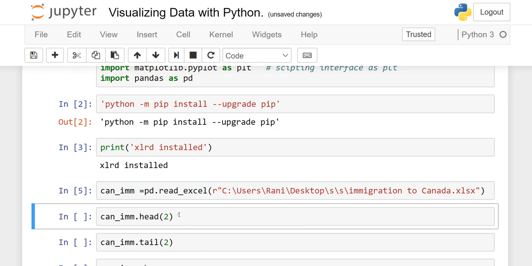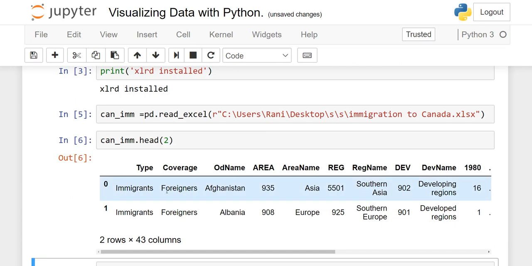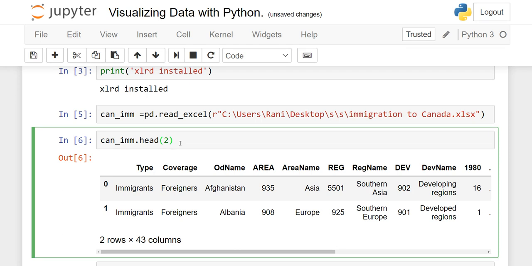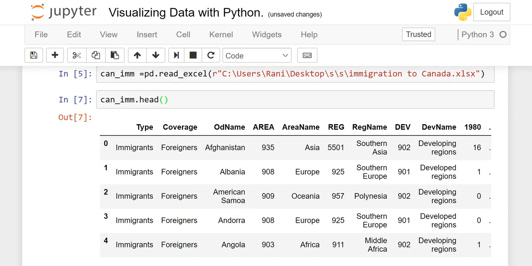If you want to see your file, you can use the .head function. If you assign a number, say 2, it will give you the top 2 records of your data frame. See, it means that we are okay. If you don't write anything here, if it is blank, and execute it, it will give you the top 5 records.